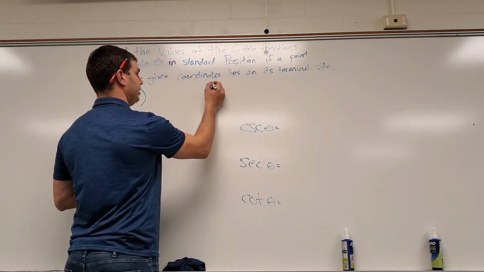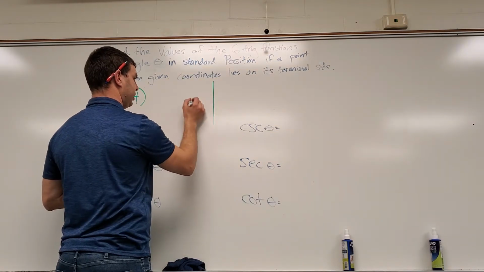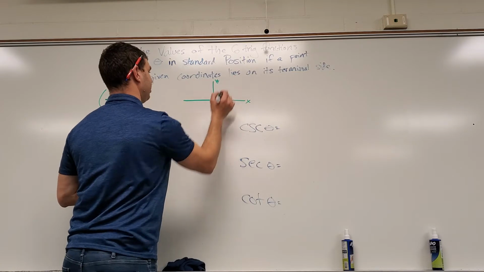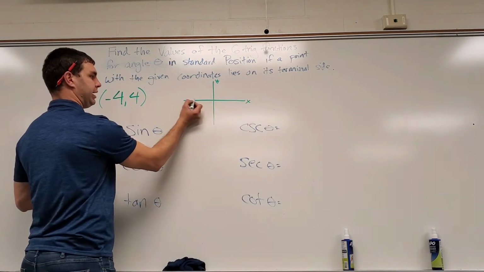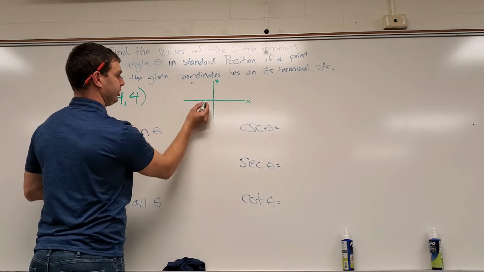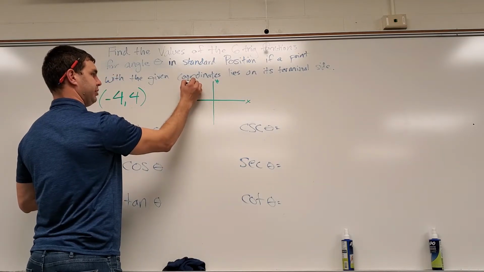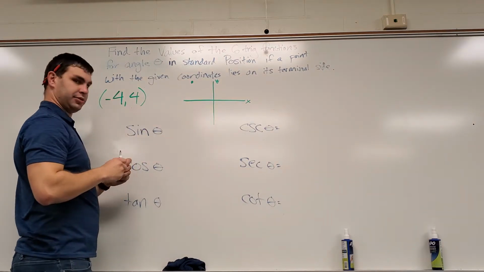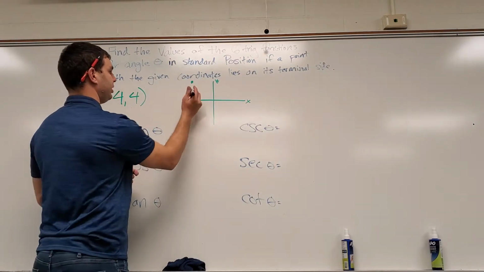I'll do it maybe in the middle. -4, 4. If you think of an XY plane, -4, 4 is going to be back 4 and up 4. It's as far back as it is up. Hopefully I drew that about right. So if we drop an altitude down